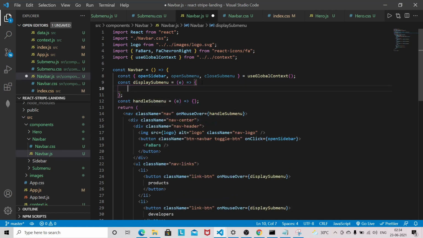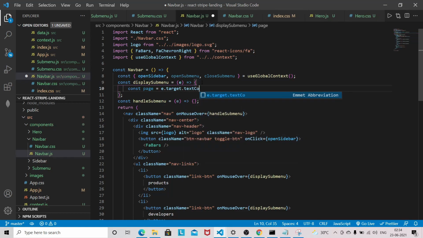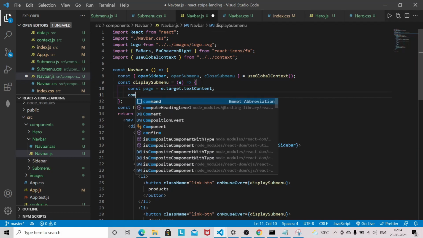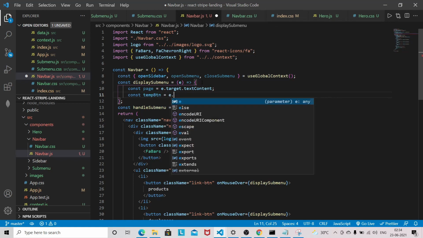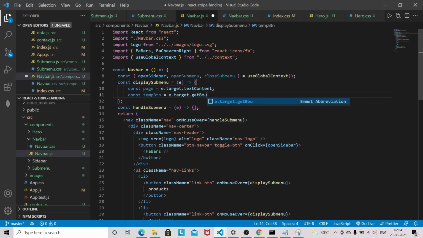So const page equal to e dot target dot textContent, and here one temp button will be there. So tempBtn is equal to e dot target dot getBoundingClientRect.